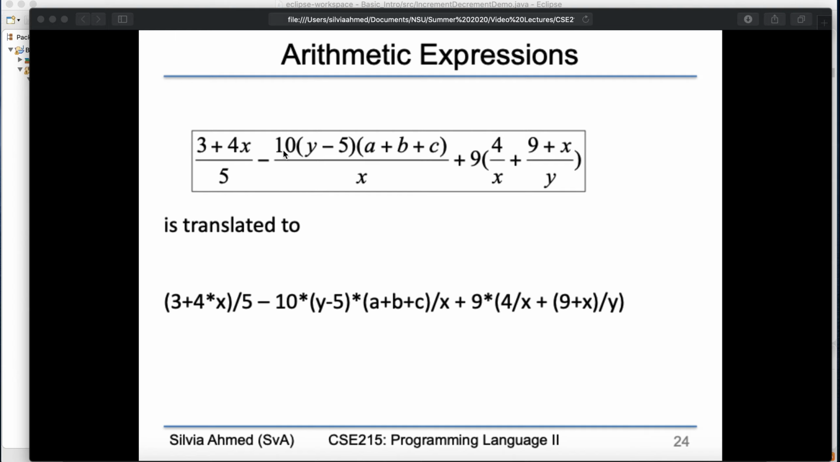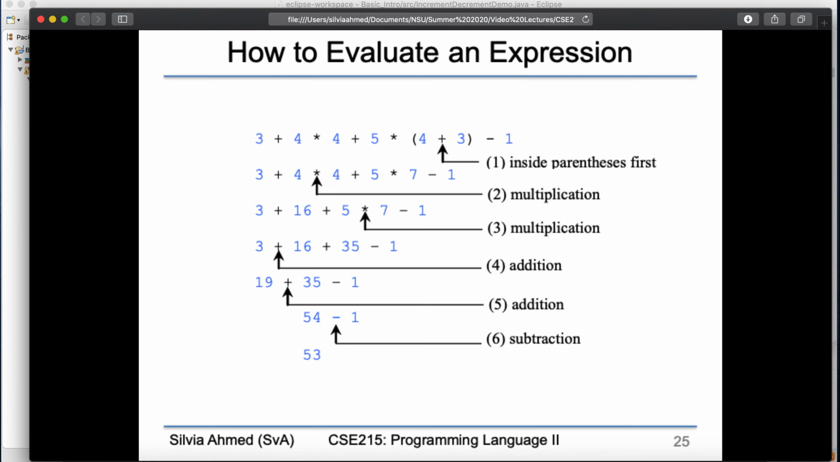And also here it's 10 times y minus 5, so you have to write 10 times y minus 5. This is exactly the same way you have done in C. Okay, so again, in order to evaluate an expression, we use